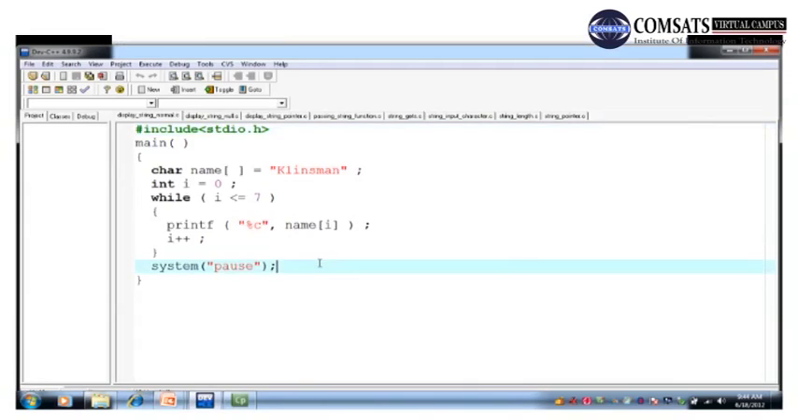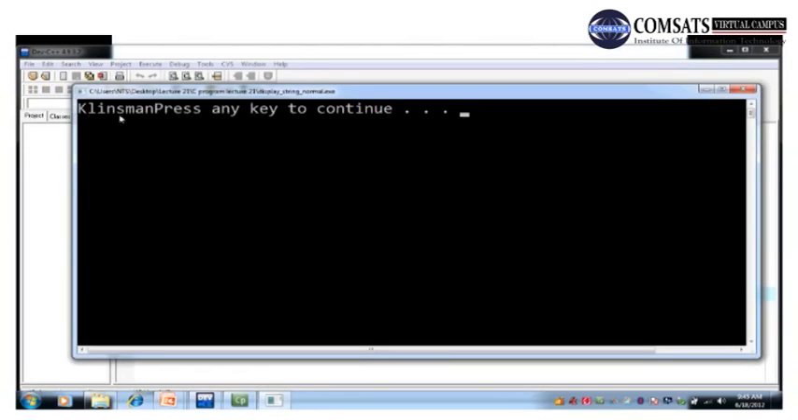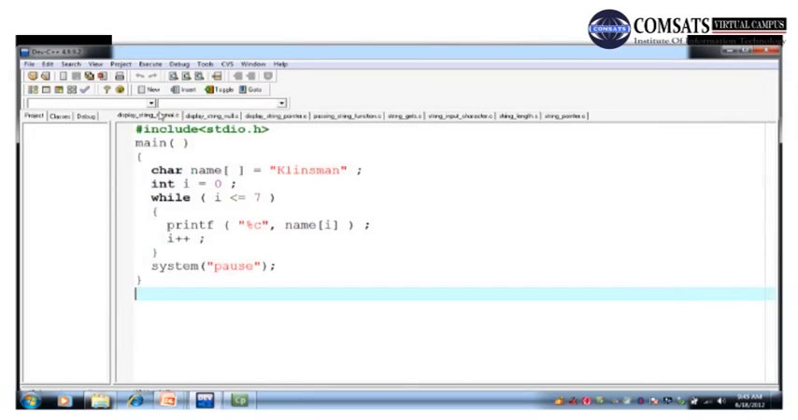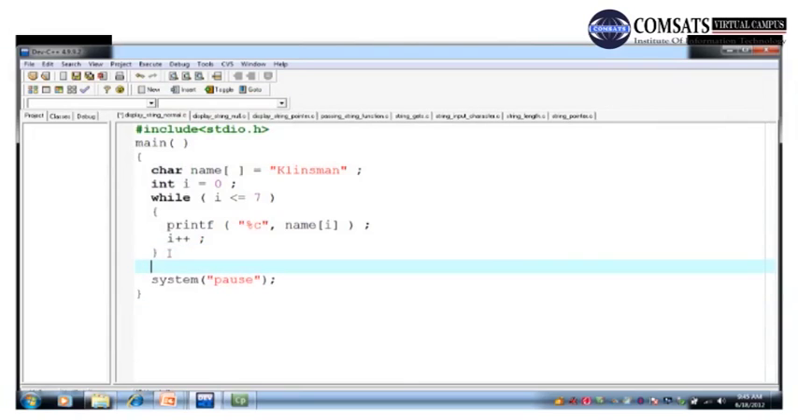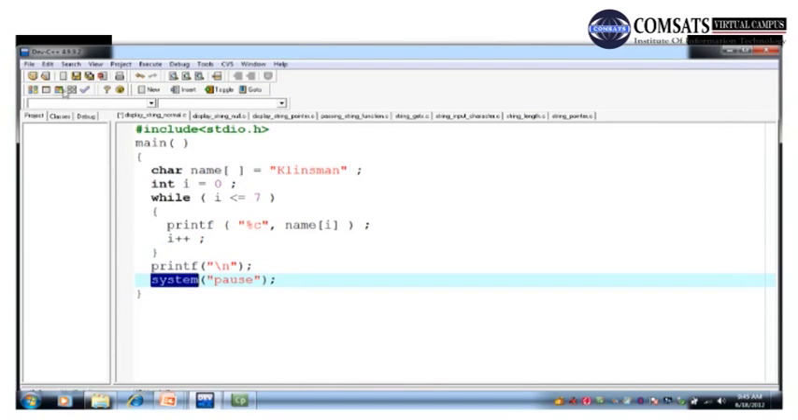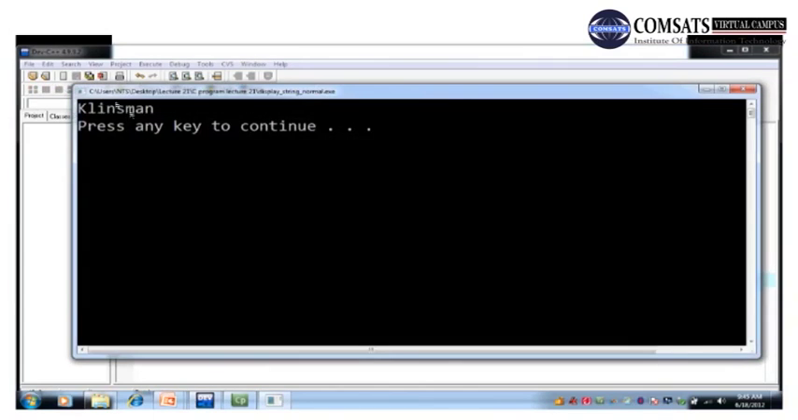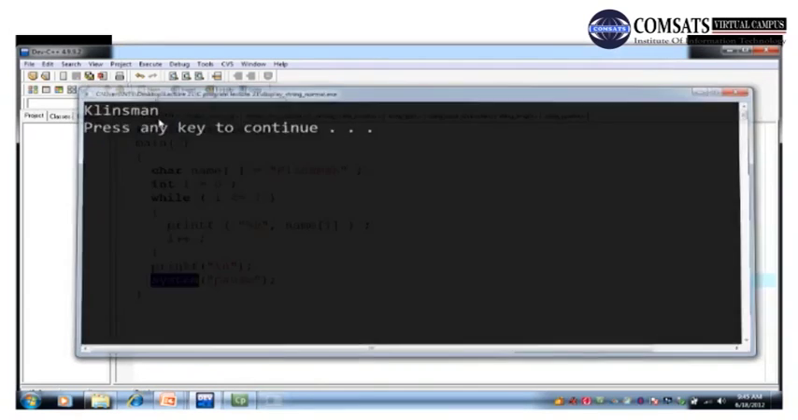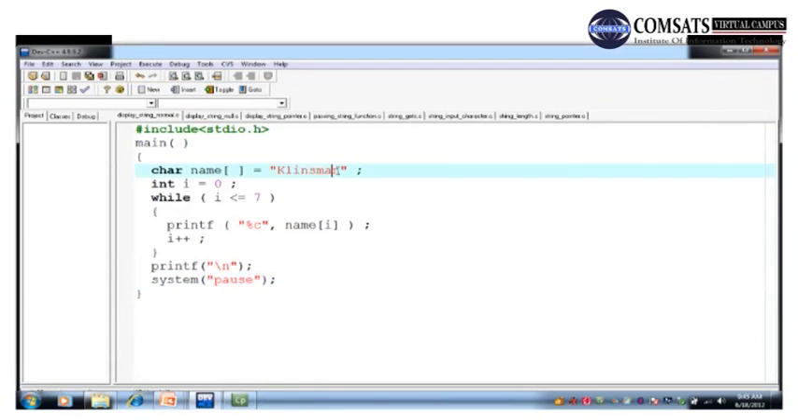So this is the program, and if I run that program, it prints client's main and then press any key to continue. So I can write printf new line over here so that this press any key to continue will be written on the new line. Compile and run. So it writes client's main. Okay, so what if I write over here